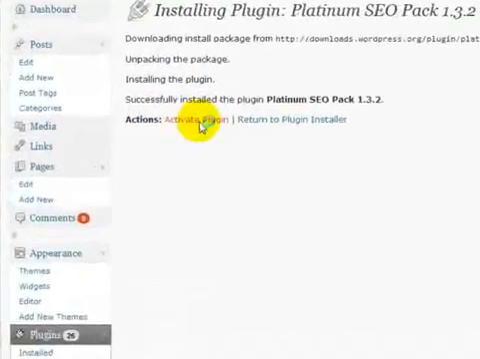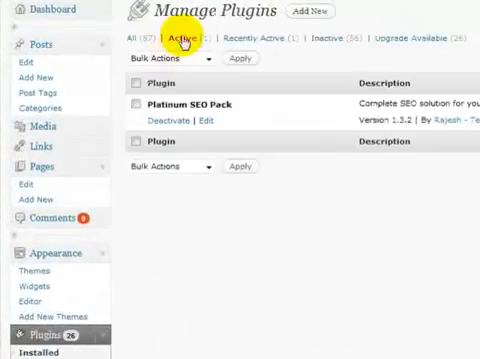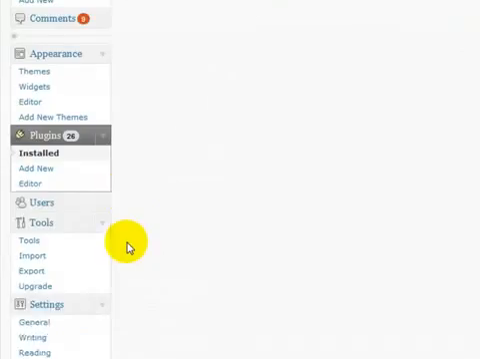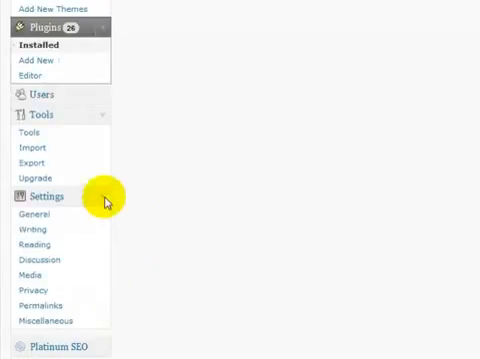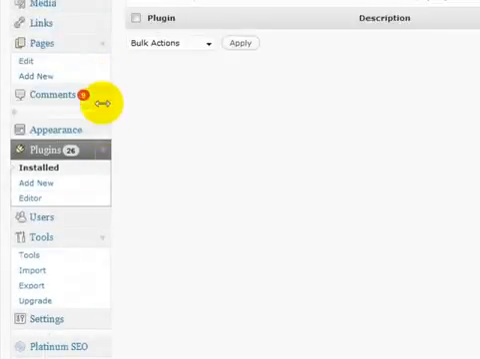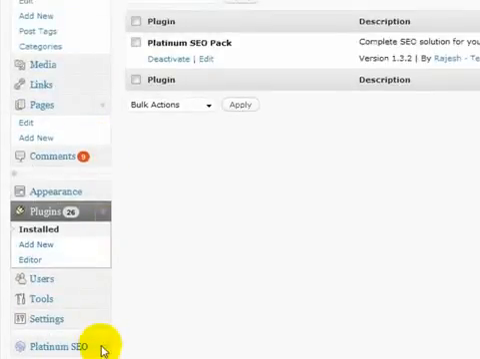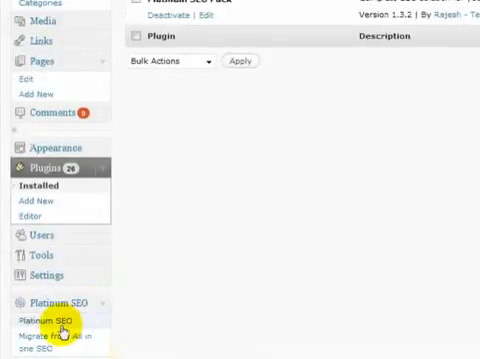Activate the plugin. And you'll see it's the only plugin that I have active on this. So now we need to configure it. So if we come down here, we see that it's got its own little configuration panel here, Platinum SEO. So we just click this link,